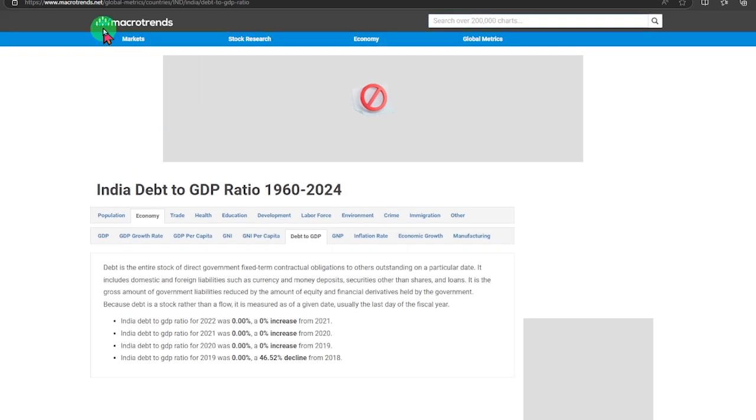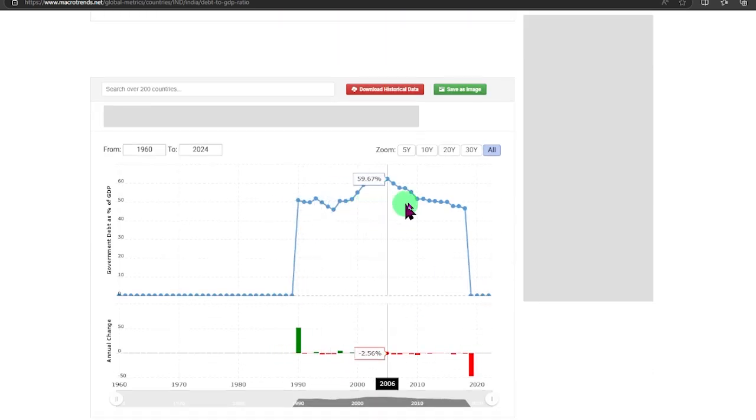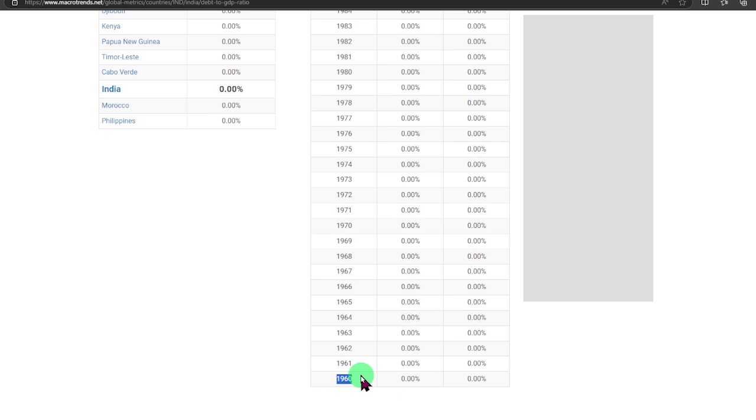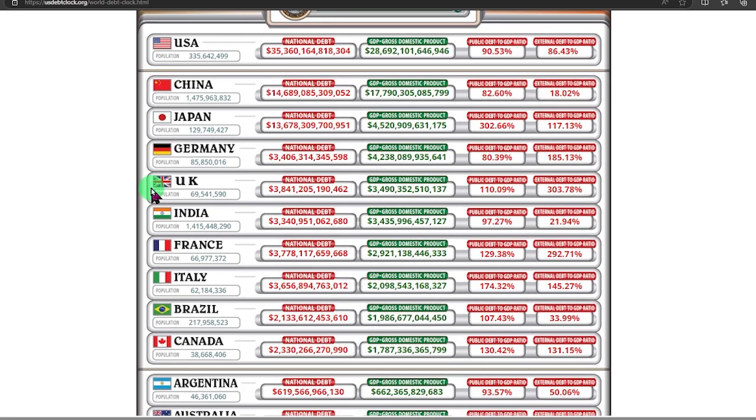I like this website. It's called macrotrends.net. You can see their debt from 1960 to 2024. Again, we have a chart. We scroll down and we go all the way from the present all the way back to 1960. Pretty useful website. The last website,